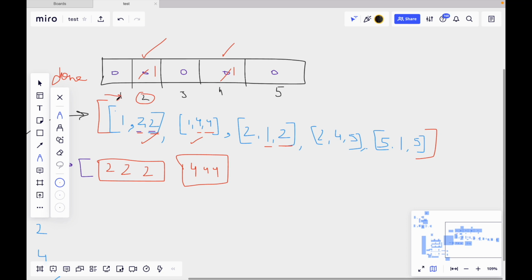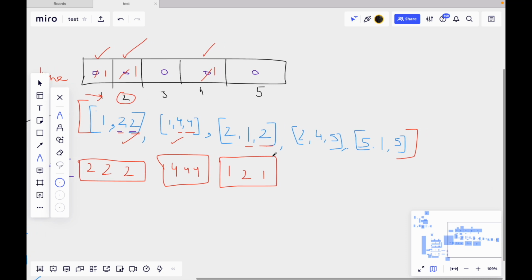You can just change the implementation, or you can just see the code. From 1 to 2, I'll first check position 1. Okay, I got 0, I'll mark it as 1, and I mark the range 1 to 2, and I will assign the value 1 to it. So from position 1 to 2, I will just assign 1 to this range.